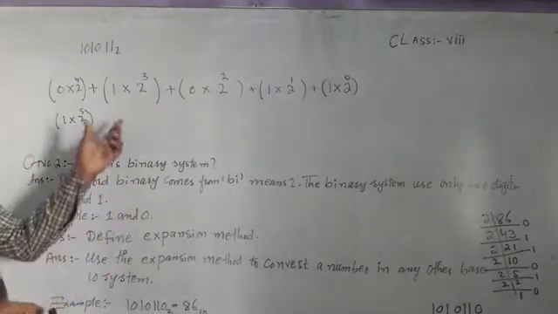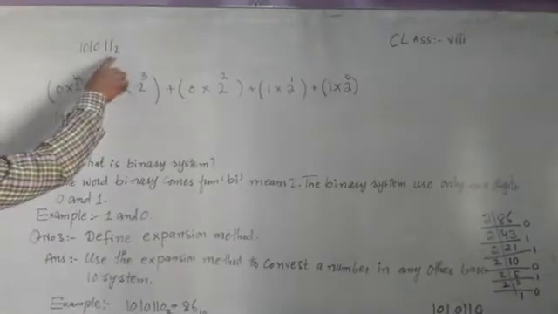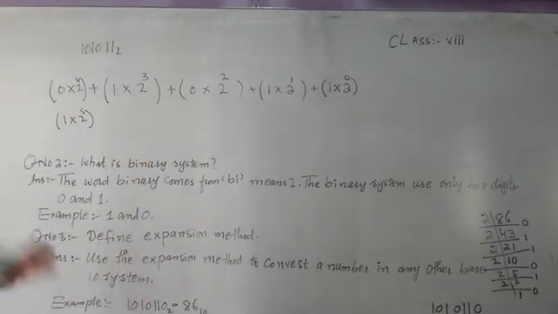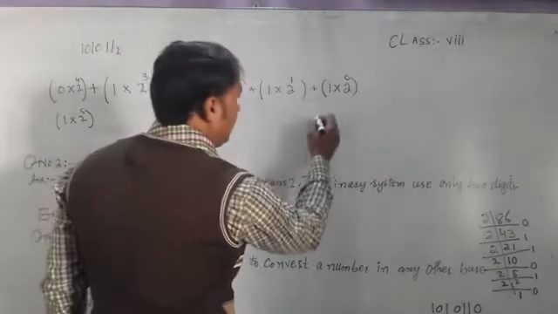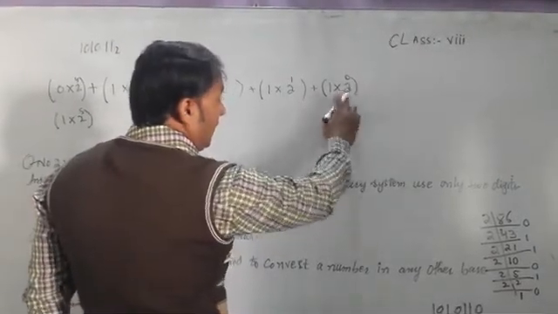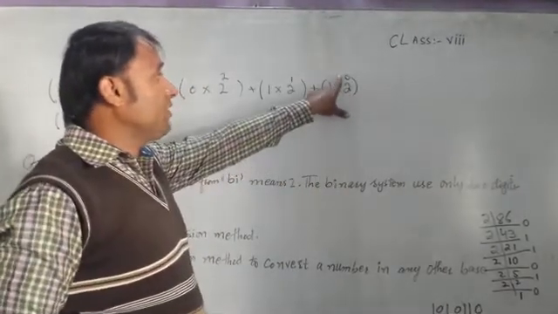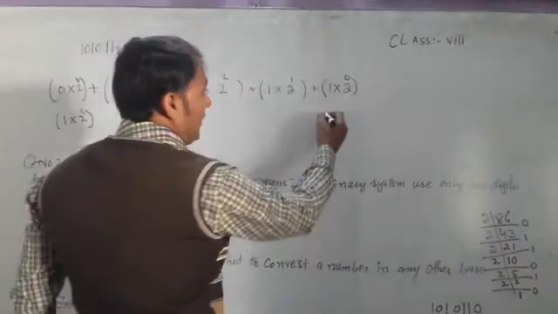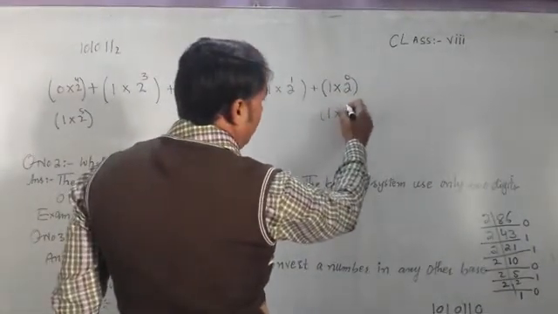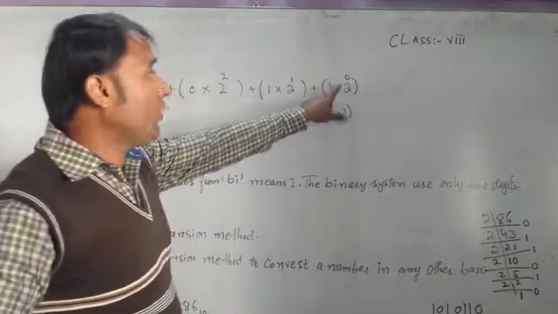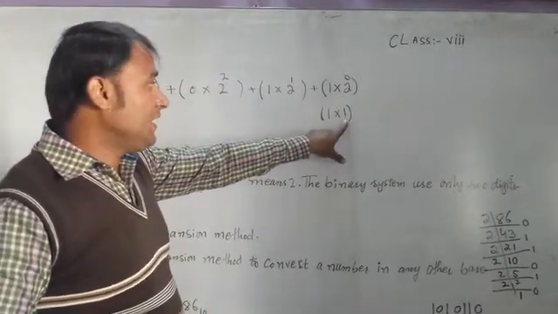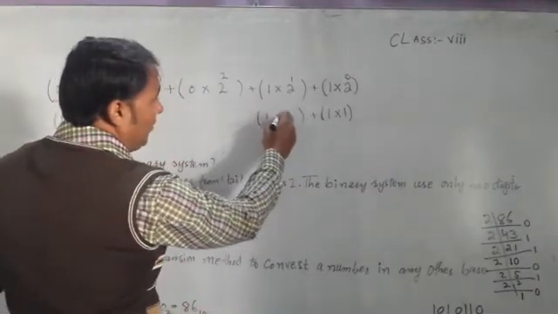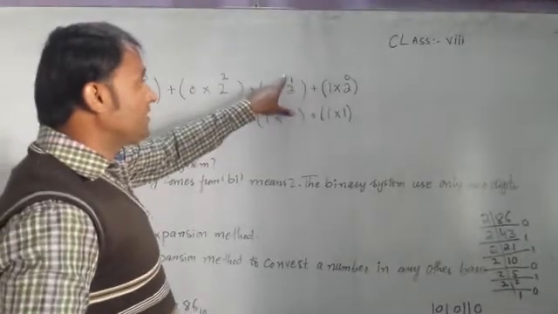So now we are converting base 2 into base 10 system, meaning we are using the expansion method to convert into base 10 system. So start from here. If 0 is above any number as the power, that number becomes 1. Meaning 1 multiplied by 1. When 0 is the power of any number, it equals 1, that is why we take 1. Okay, now give an addition sign and write 1 multiplied by 2 to the power 1.